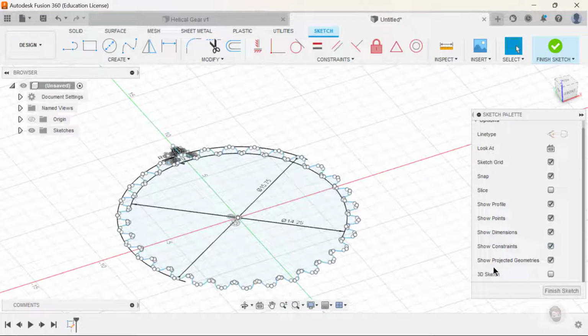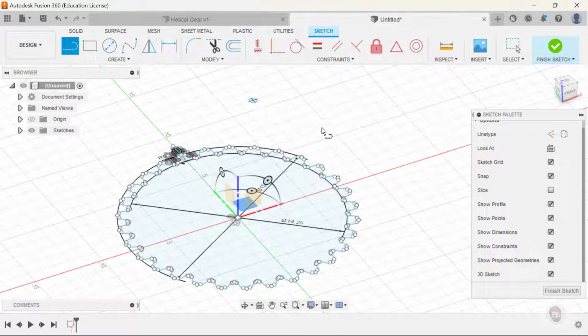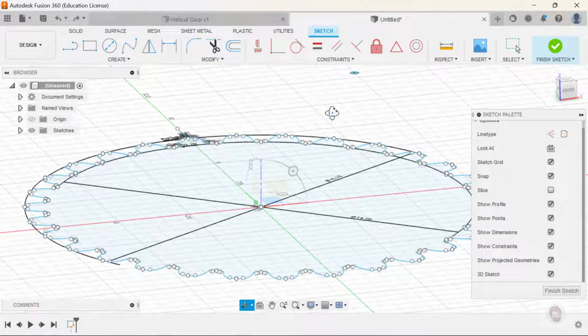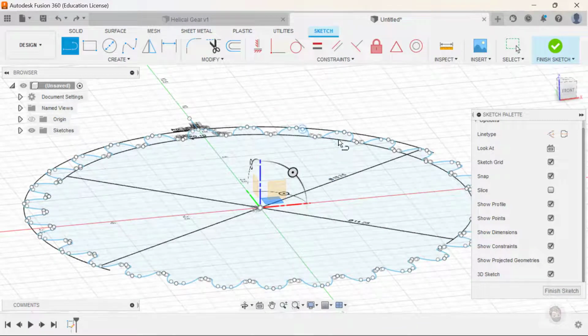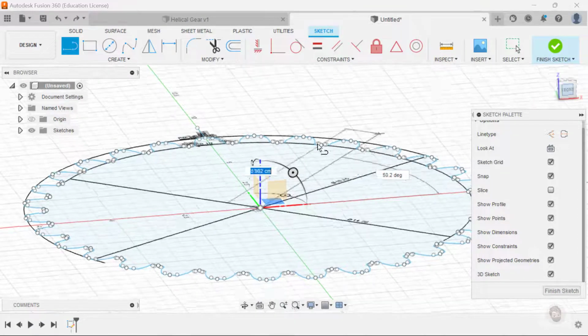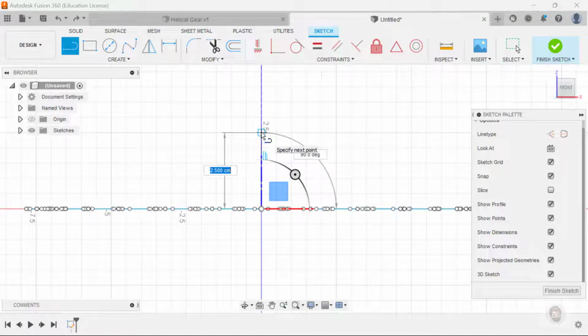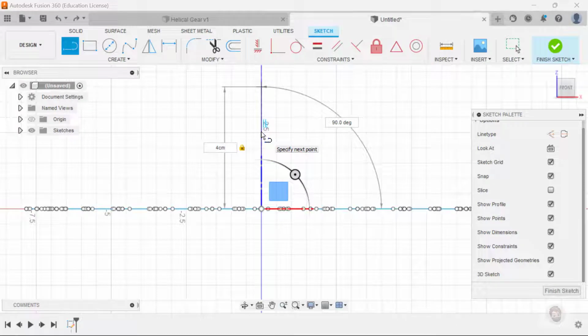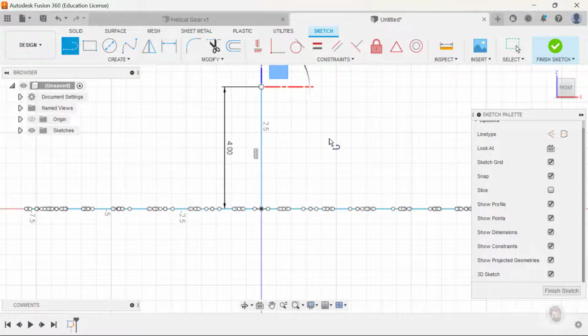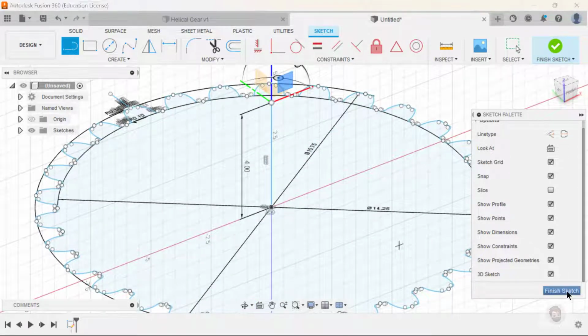Then now click on 3D sketch over here and click on line. Now we have to make a line as a path for our helical gear. Click on this point and we have to create a line at 90° of length 4 centimeters. Okay. Now once that has been made, you can just click on finish sketch,